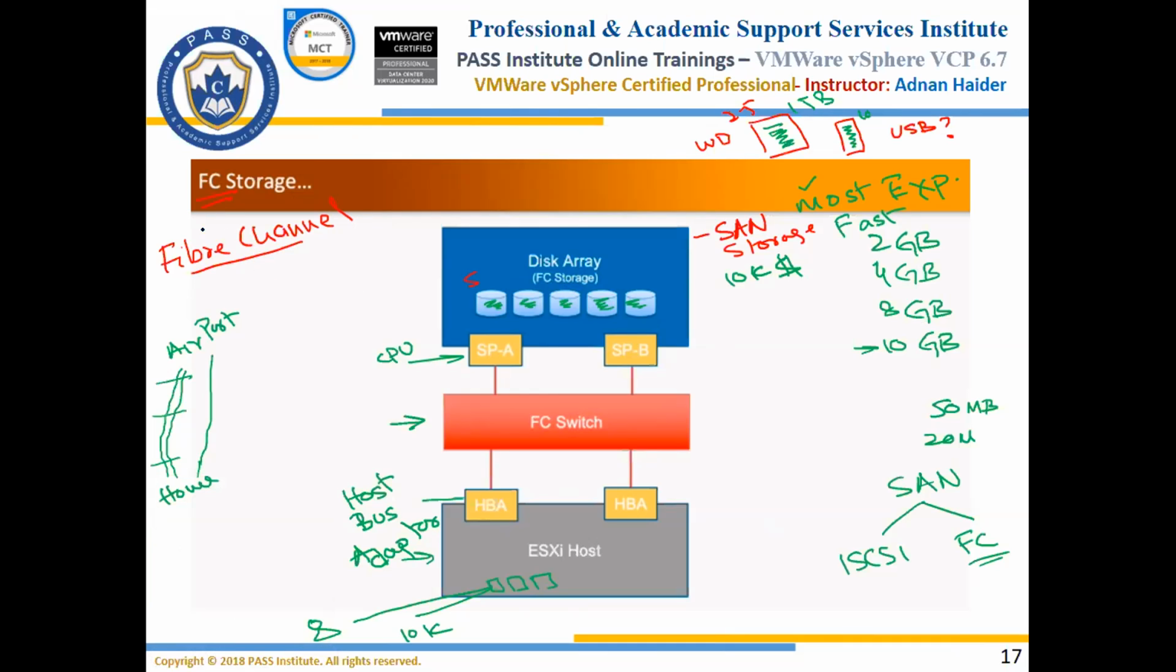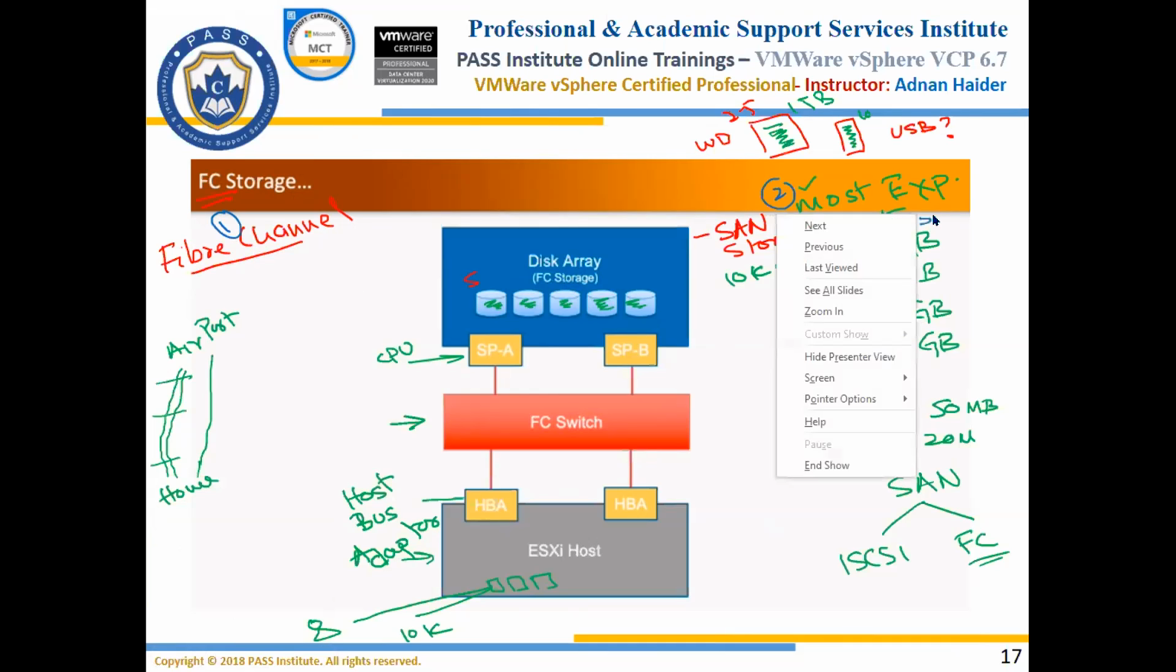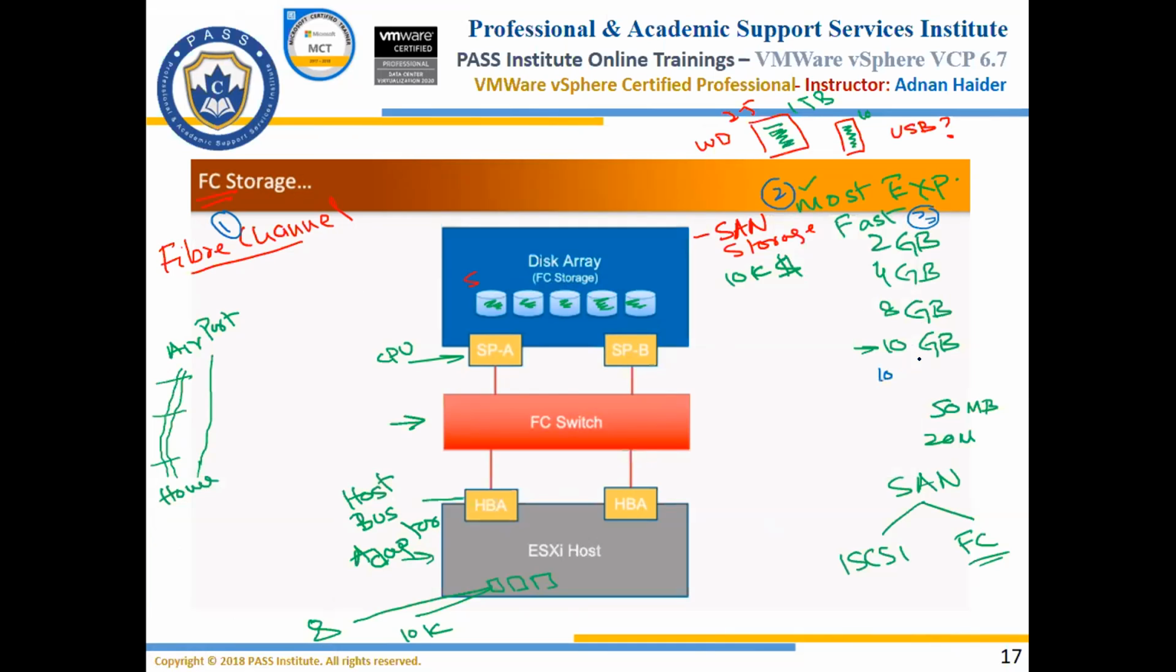Number one, FC stands for Fibre Channel. Number two, it is the most expensive storage available. Number three, it is the fastest storage available, fast and reliable, and it comes in 4 different speeds. It is also going to 100 GB later on. For now, it is not available, but 4 speeds are available, which are 2 GB, 4 GB, 8 GB, and